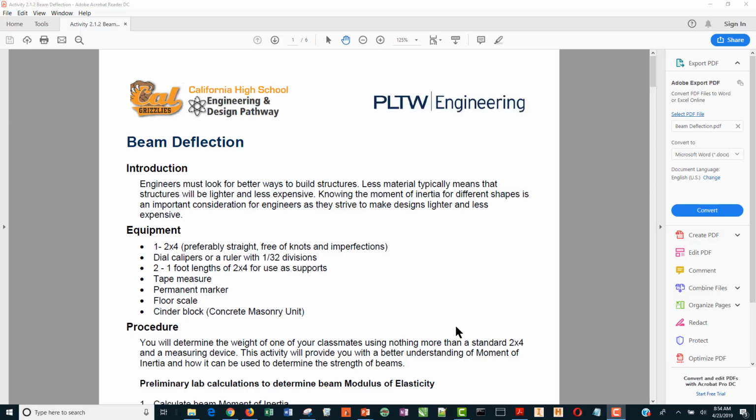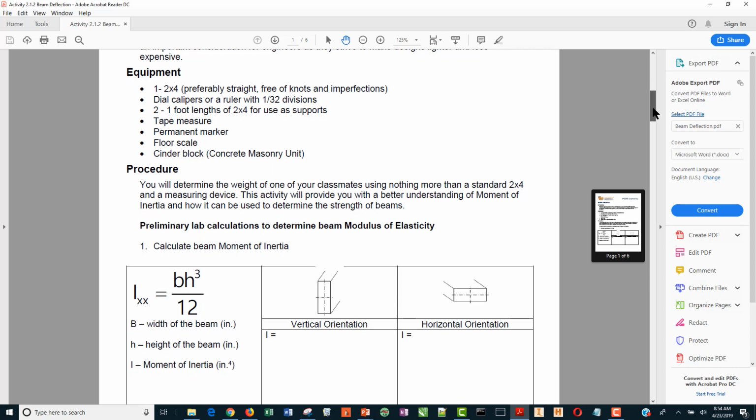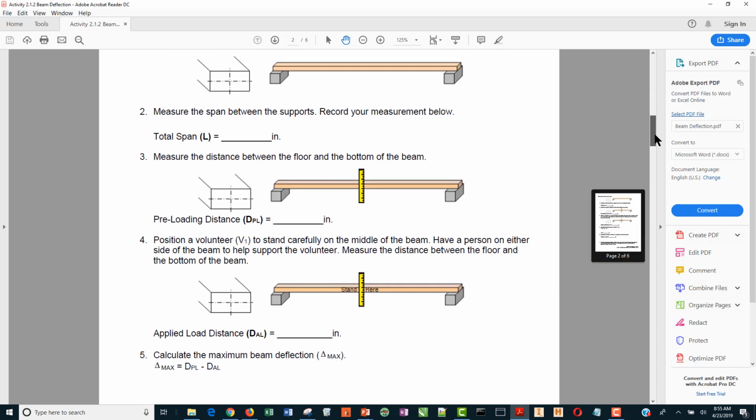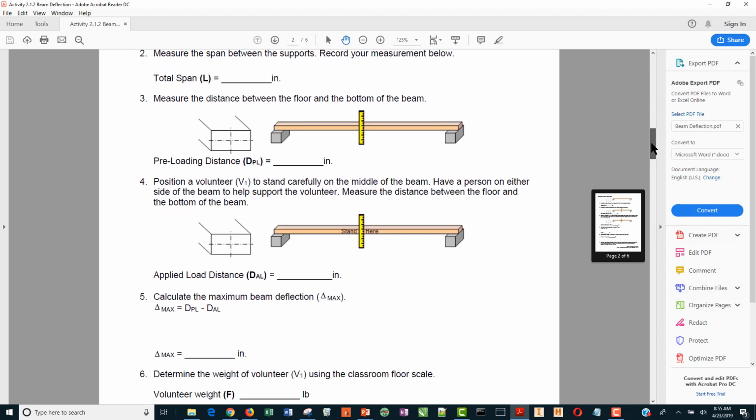This video is about how to calculate data of beam deflection. And if you'll recall, we did an experiment in class where we measured the beam deflection based on a number of things. We used the moment of inertia of a beam, which we called IXX, or sometimes I, and it's related to the orientation of the beam because that affects the strength of that beam or